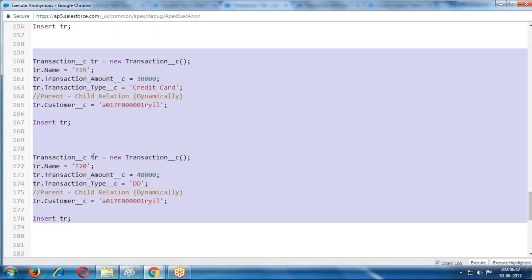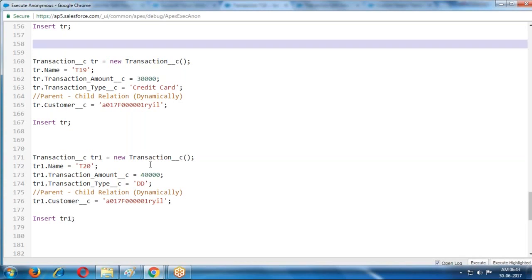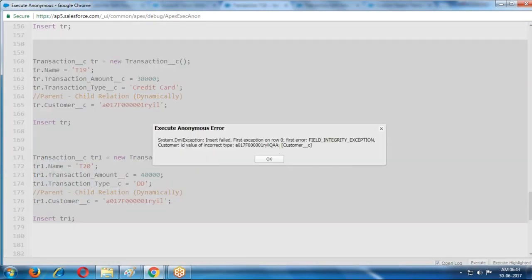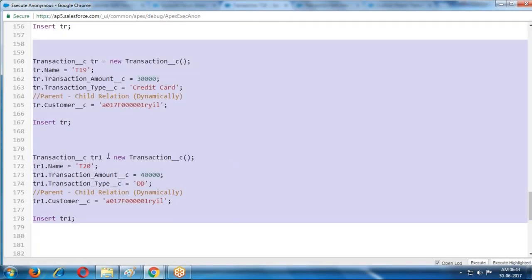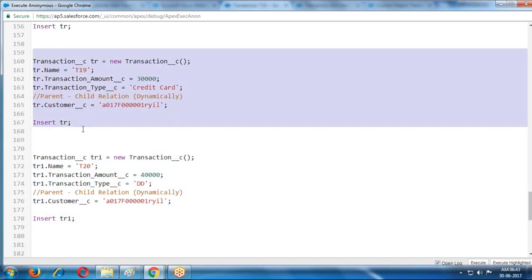Here, why is it not accepting? With the same name at the same time it cannot accept. Whenever we are executing at the same time, the names are the same, duplicates. T19, not accepting.